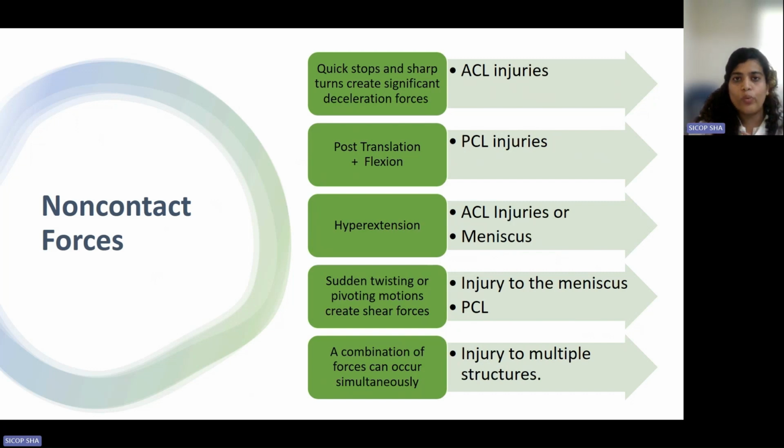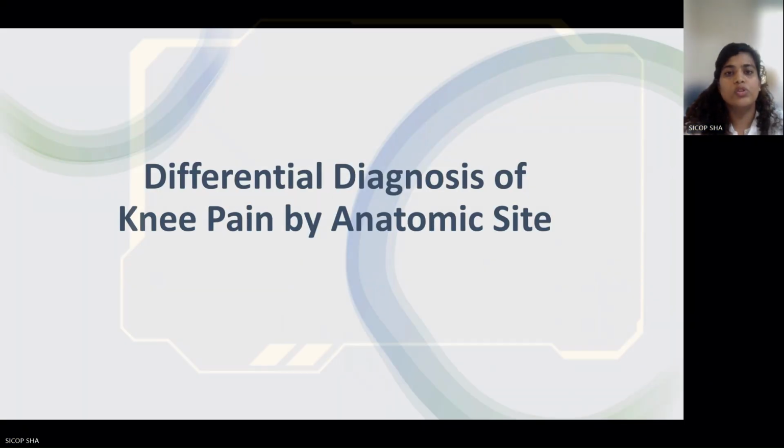So in history, we can go with mechanical symptoms, then effusion, then the forces applied and non-contact forces. I hope I'm being clear till now. So the second